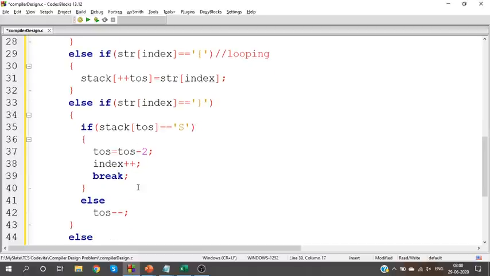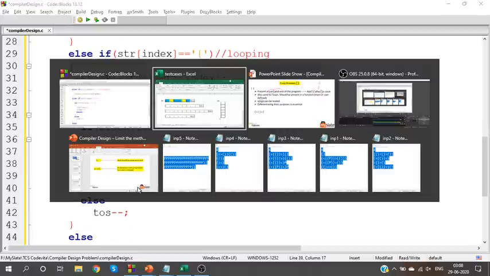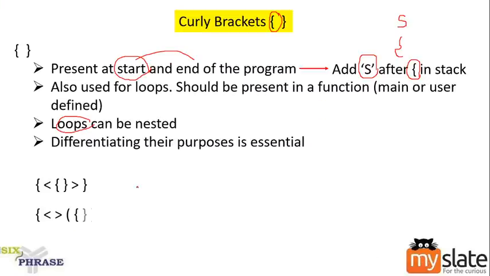Now let us see whether there are any test cases where our program will fail. Next one. In this case, it should work perfectly fine. Look at it. Where can I have a looping bracket?